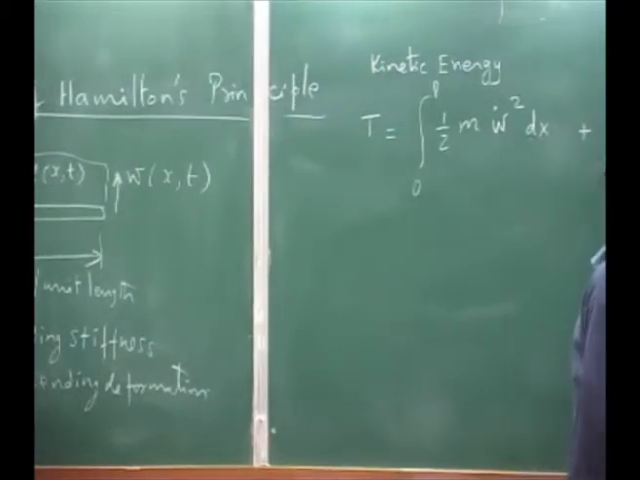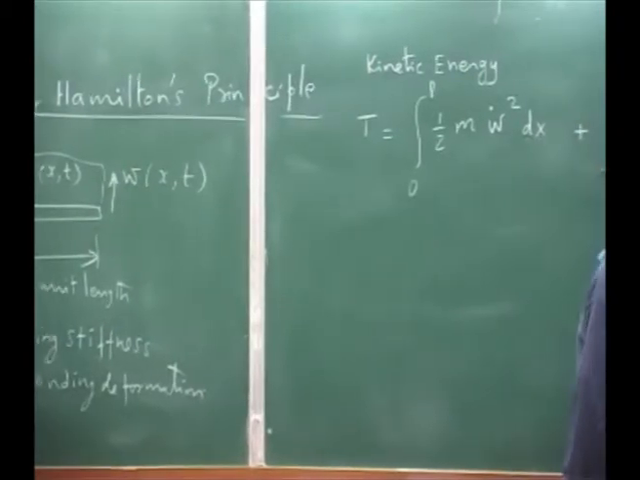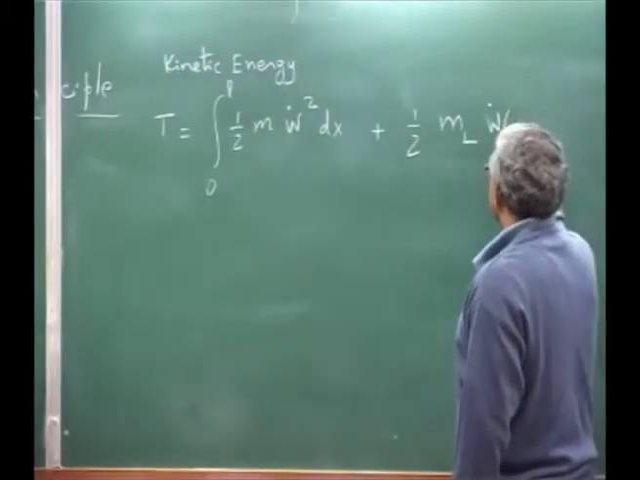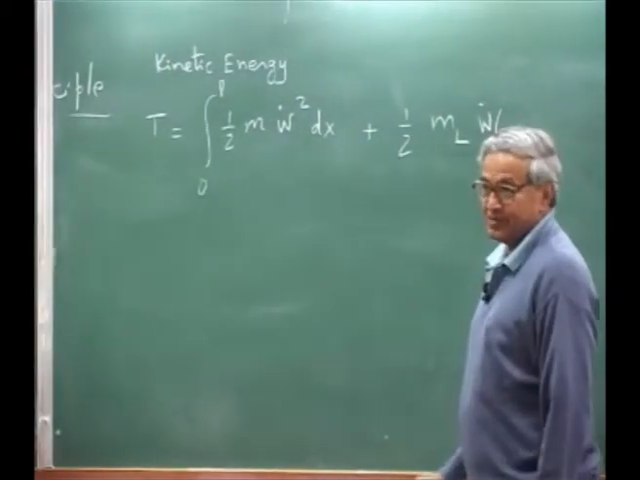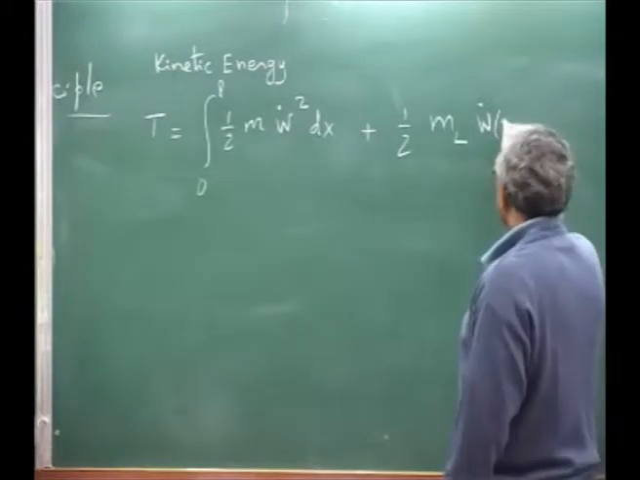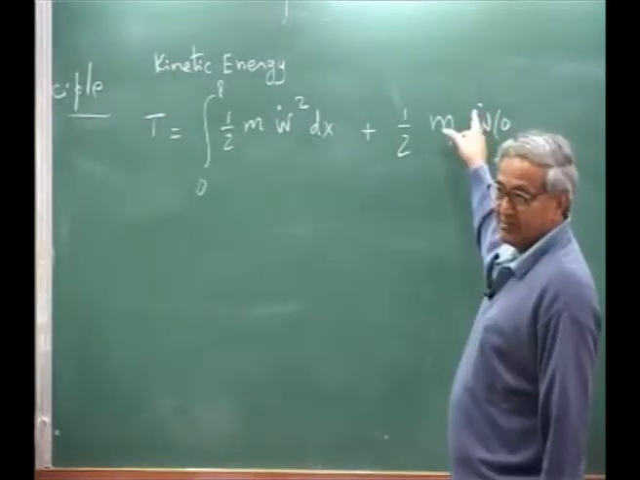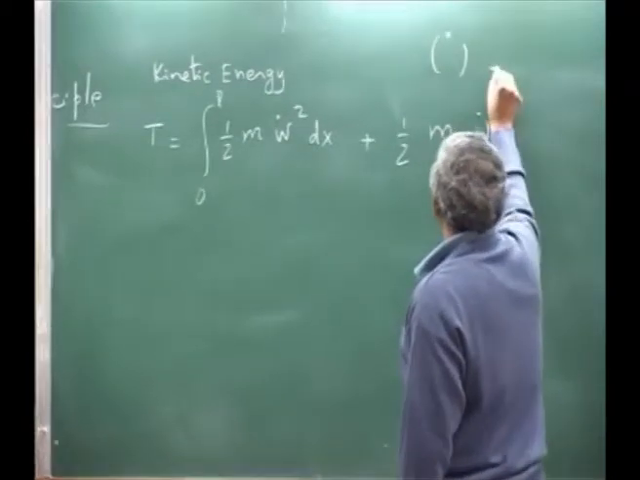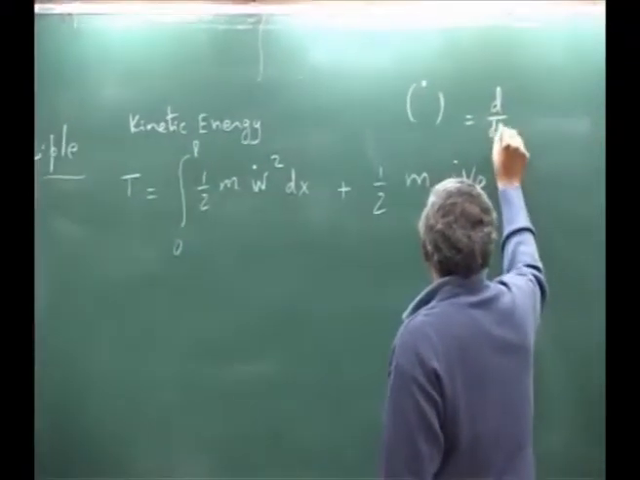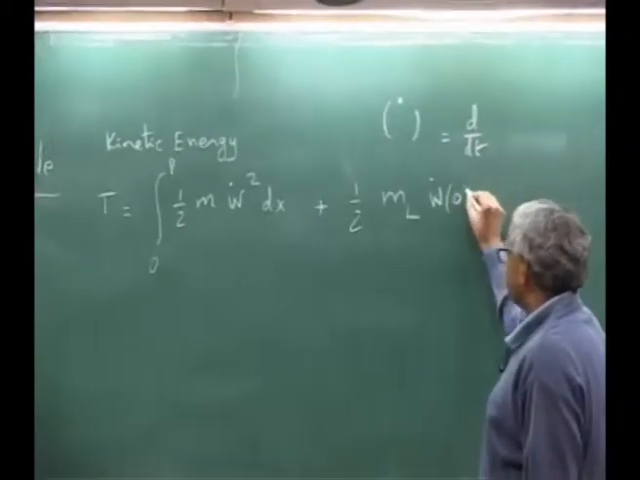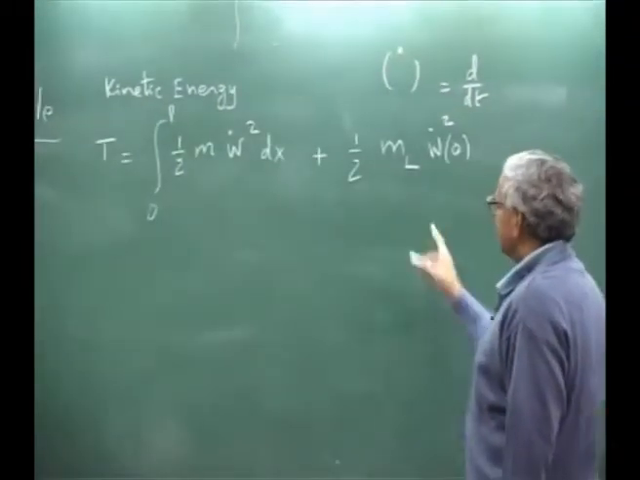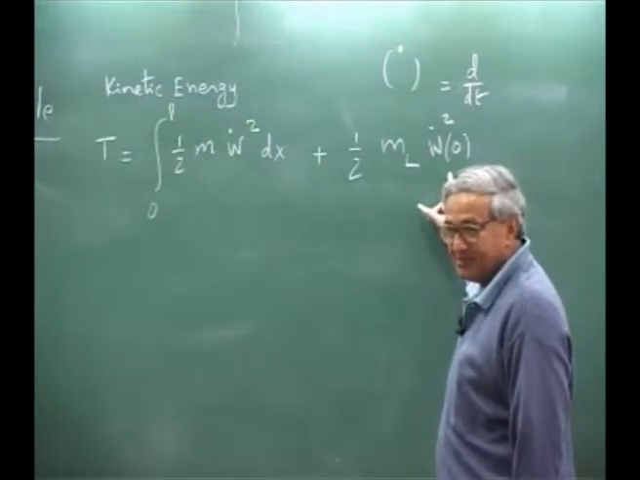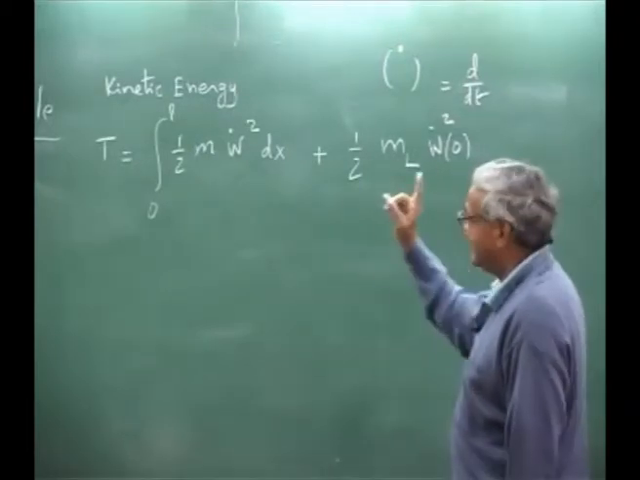Plus half m left w dot at 0, okay. The dot is d by dt. So when I have this definition, that means d over dt square. There is no integration for this, because this is a heavy mass which is acting at the left side,